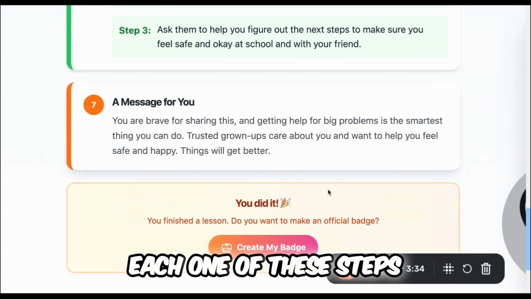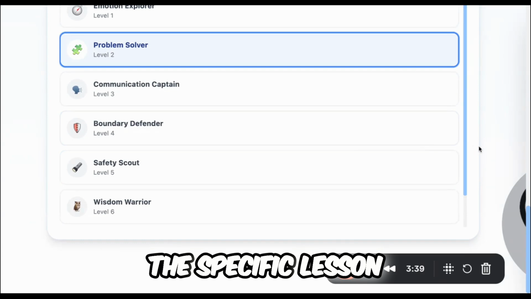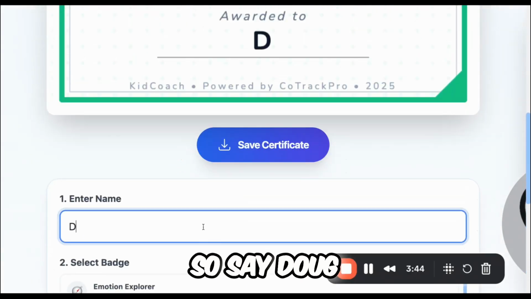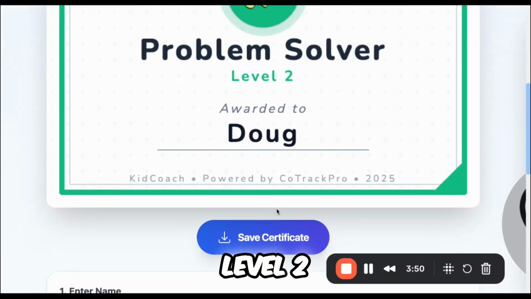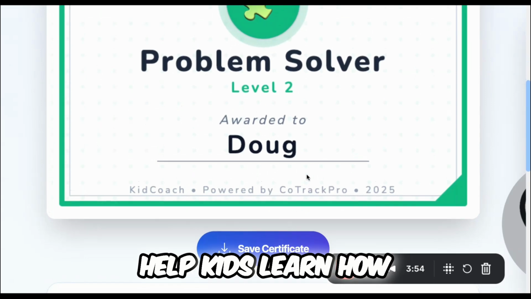And then after you go through each one of these steps, you can create your own little badge for the specific lesson. So this was the problem solver. This is where you would type in your name. So say, Doug, there's my certificate. Level completed, level 2 for Kid Coach, the AI app to help kids learn how